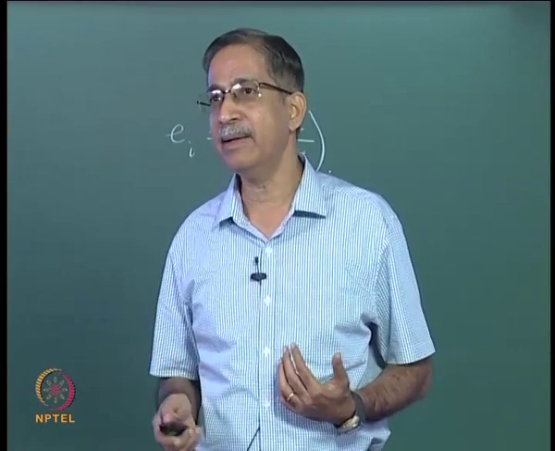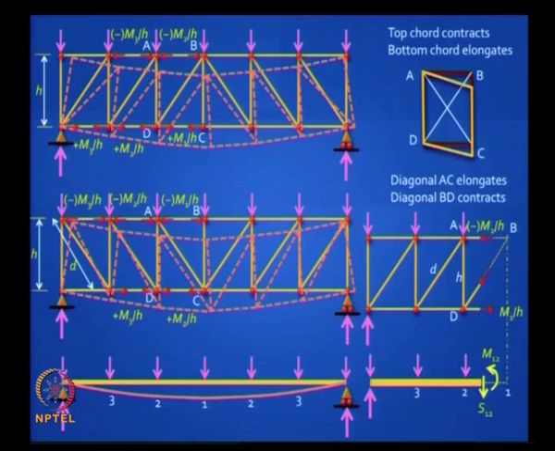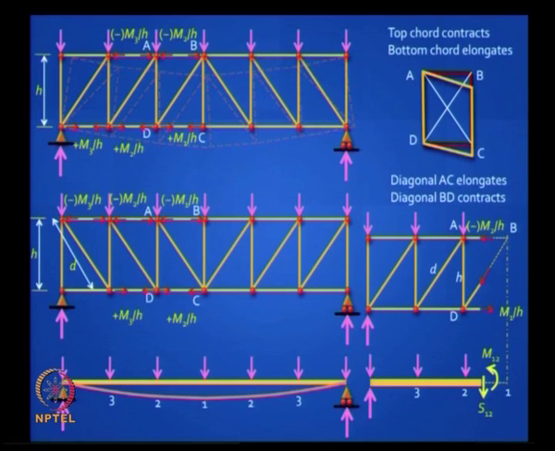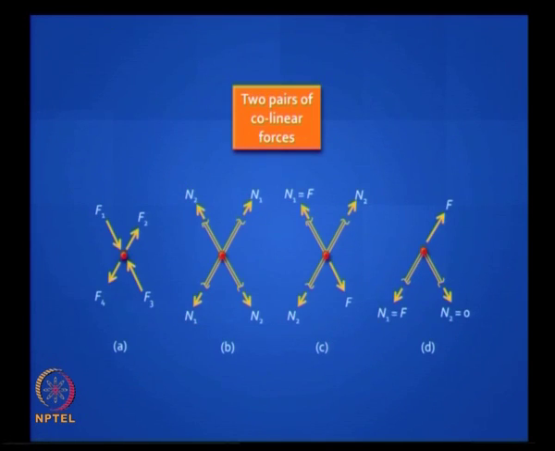You see that picture where the rectangle becomes a rhombus, one of the diagonals increases in length and the other diagonal decreases in length. So that gives you a visible idea of why one diagonal goes into compression and the other goes into tension, and you can calculate those shear forces. The other simple thing that you can take advantage of is the fact that whenever you have two sets of lines, they need not be orthogonal, they could be inclined, and they align the way it is shown here, then the forces must be equal and opposite in any one line. So for example, I have shown you 4 pictures there.